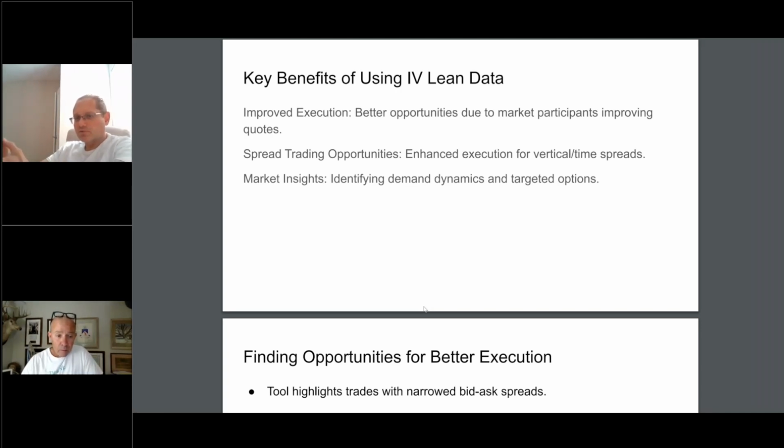Where is there perhaps a demand or supply out there where people are targeting certain options, and what are they doing and which side are they coming in? How much of that volume is part of a lean? Those are the types of things that could benefit traders by detecting those implied volatility leans. Now,